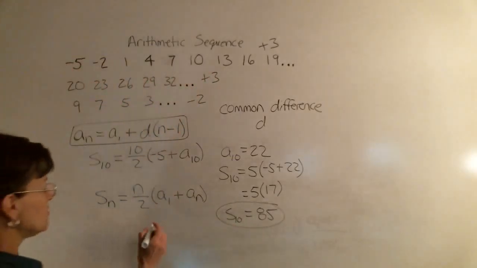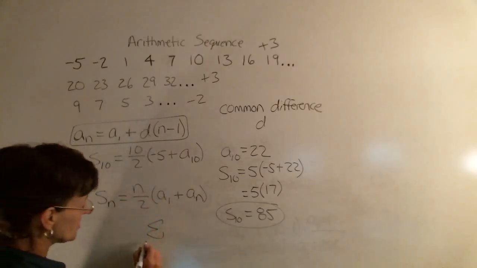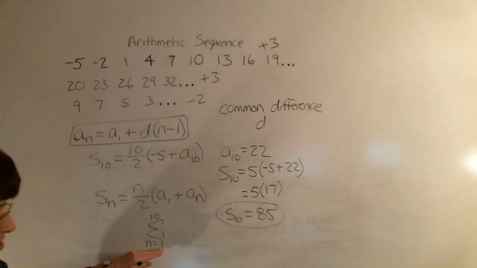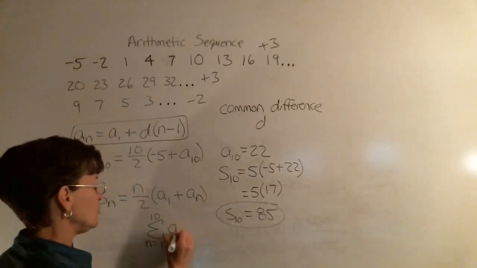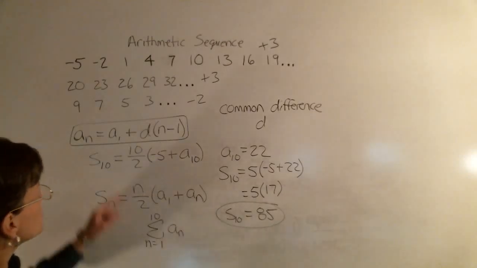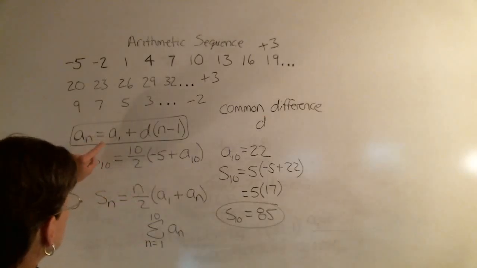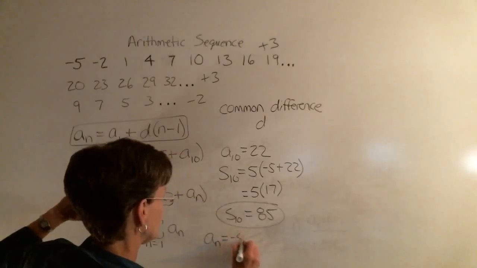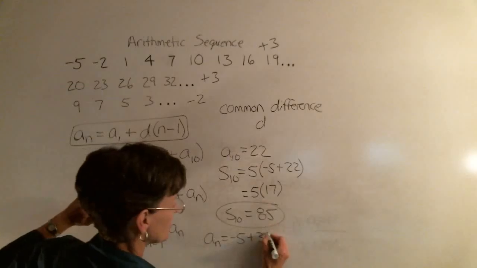Another way to write the sum would be using our sum symbol. With this sum symbol, n goes from 1 to 10. This is the first number that n gets to be, and this is the last number n gets to be. And you would put your formula for a sub n right here. We never wrote the a sub n for that first pattern. Or yes, we did, we had it on there earlier. A sub n, remember, was negative 5, which is my first term, plus 3, which was my common difference, times